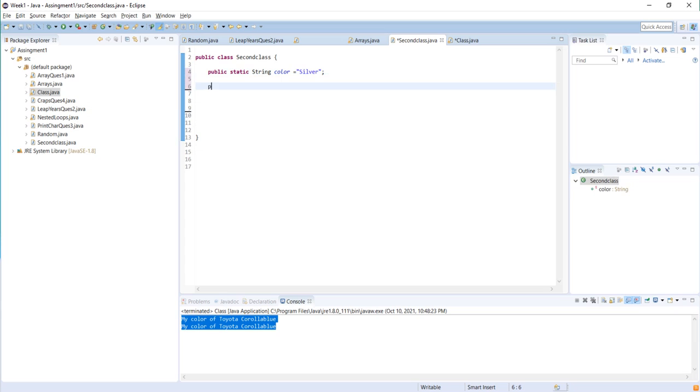Also, I'll create another static function, say fun, colors, this.